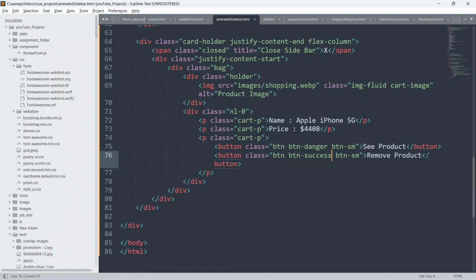Okay, so I'm just giving you an overview of how to create an awesome and dynamic sidebar using HTML,